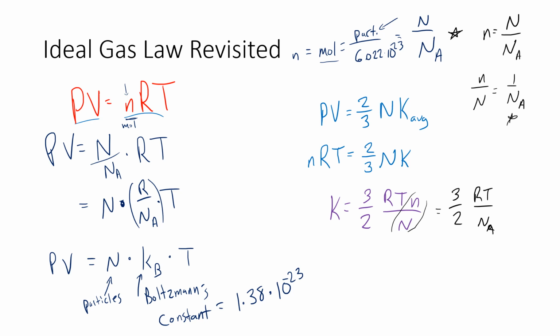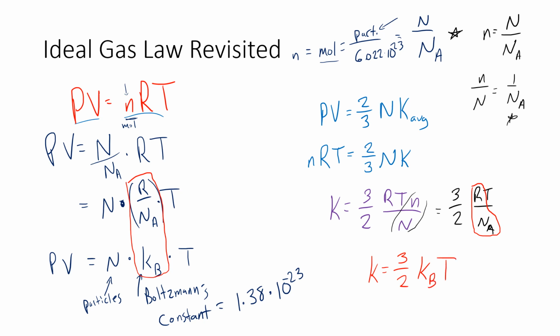Now there's one more step. We know what R over NA is equal to. Okay, where's that? That's all the way over here. So we know that R over NA is equal to KB. So combine this all together. K is going to equal 3 over 2 KB